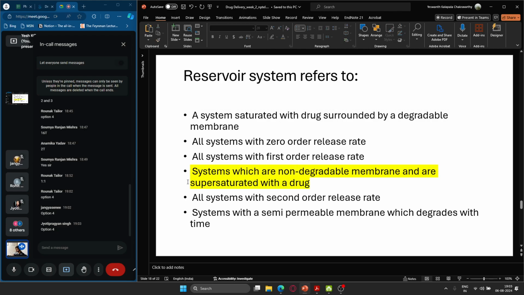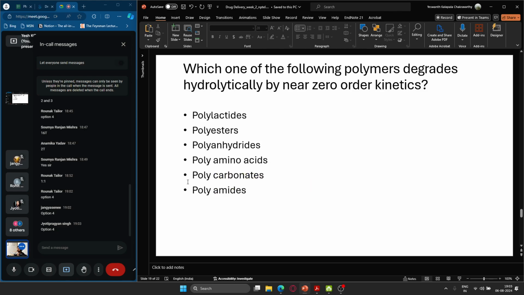So, yeah, you are correct. Basically, all systems with a non-degradable membrane. So, the membrane cannot degrade in the body. It's going to be there, but there's a lot of drug inside. So, the drug will slowly come out either through an orifice or through diffusion. There are several ways through which it can come out, which you would have discussed in the class. But, yeah, such systems are reservoir systems. Okay,